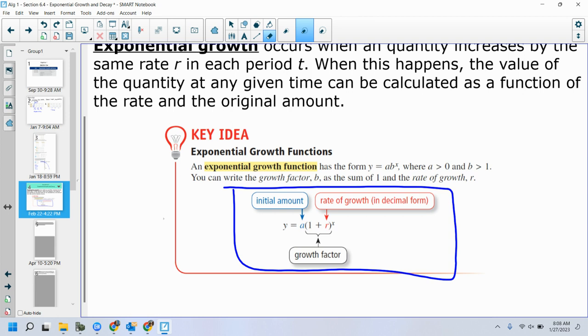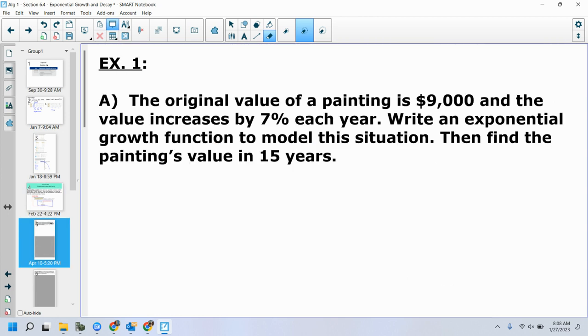Okay, so let's practice it a little bit. The original value of a painting is $9,000 and the value is increasing 7% per year. Write an exponential growth function to model the situation, then find the painting's value in 15 years. Now, by the end of our lessons, I should not need to give you that